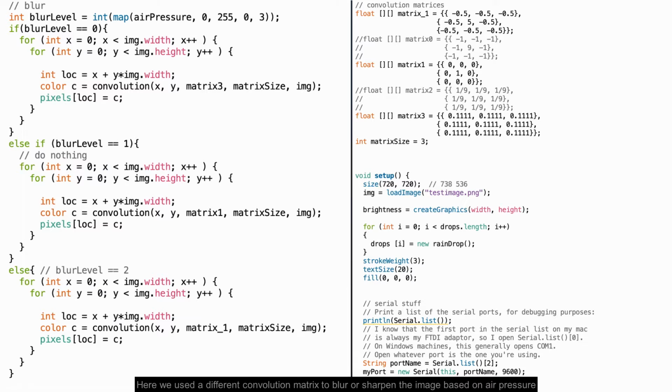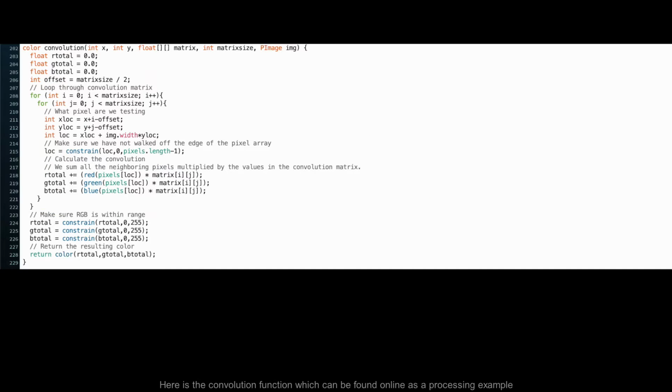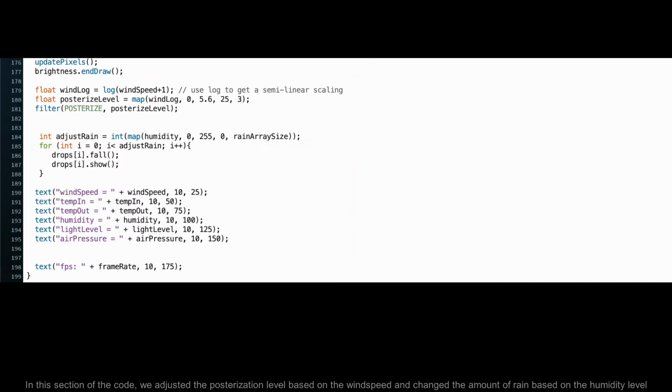Here we use a different convolution matrix to blur or sharpen the image based on air pressure. Here is the convolution function, which can be found online as a Processing example. In this section of the code, we adjusted the posterization level based on the wind speed and changed the amount